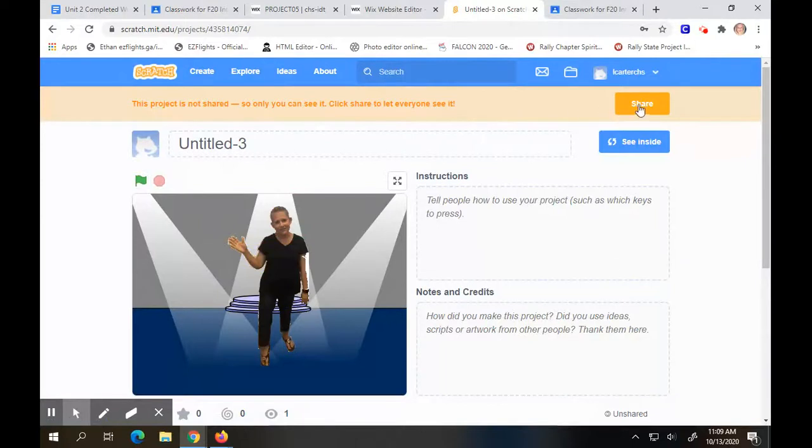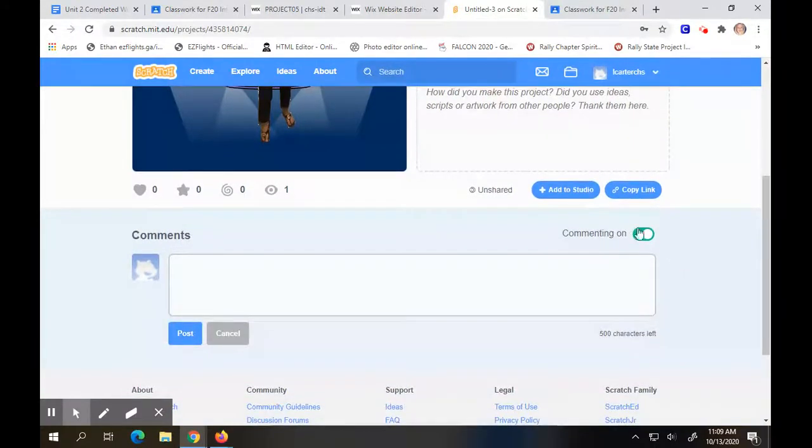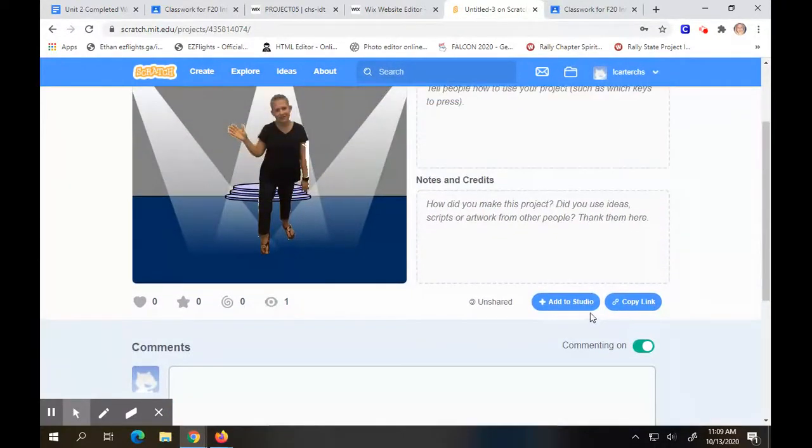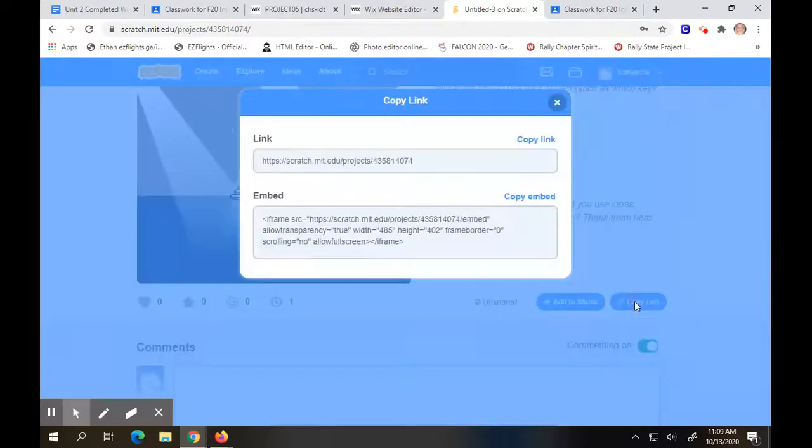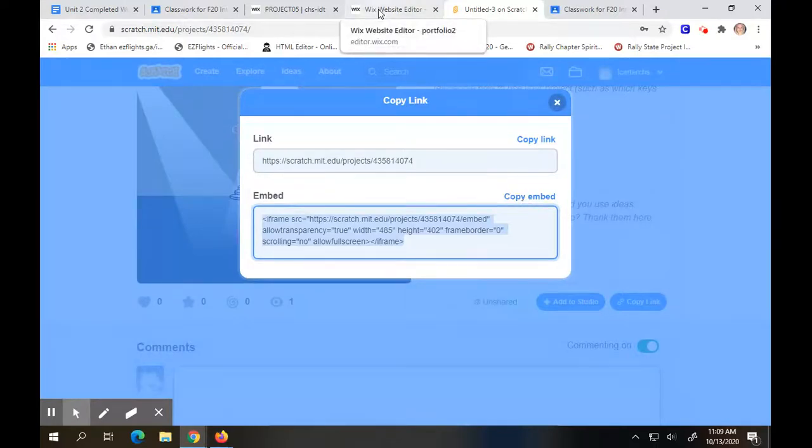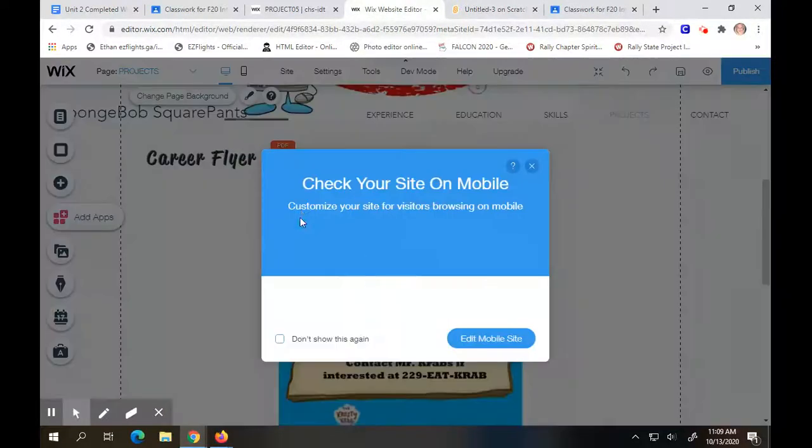At the top, we want to share. Now, when we click share, below our project, we see a copy link. We can copy link. Now it pops up either a link to the site or embedded code. I want to copy that embedded code, and then I'm going to go back to my Wix editor,